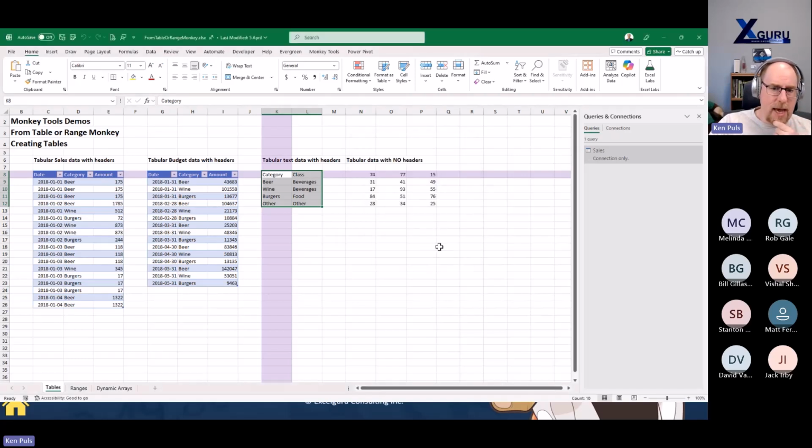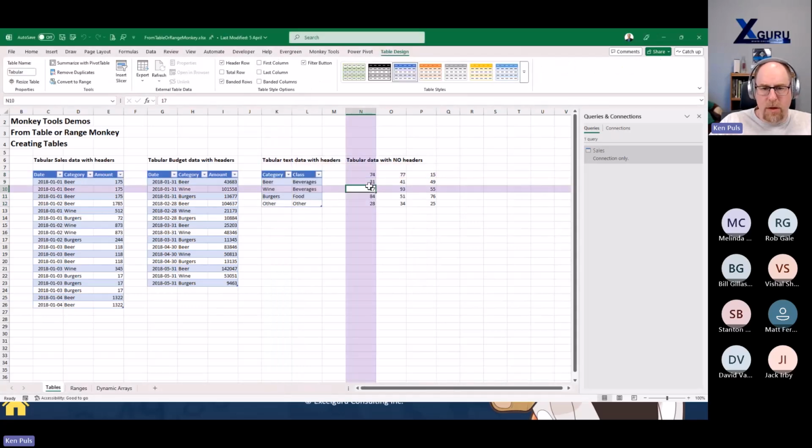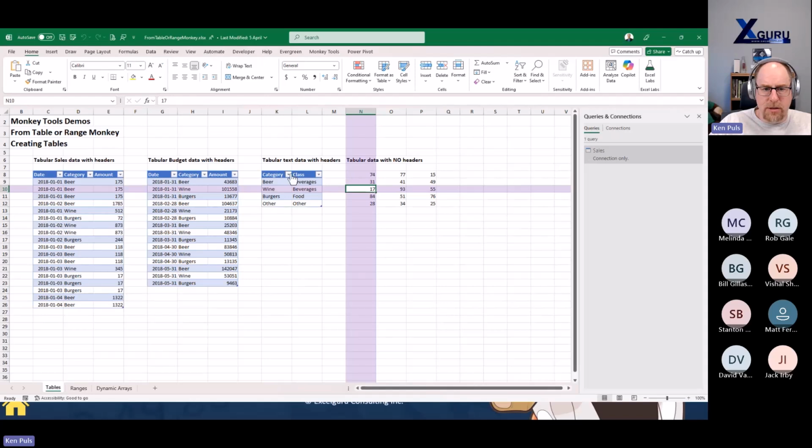But let's say, you know what? Why not? Why don't we just take a look at this one here? I'll walk through those kinds of things, Stanton, along the way here. So in this case, I'm just going to call this one tabular. Okay, so here we go. You'll notice this says it has headers, and that's the important thing that I want to recognize in this particular case. When I come up with tabular data